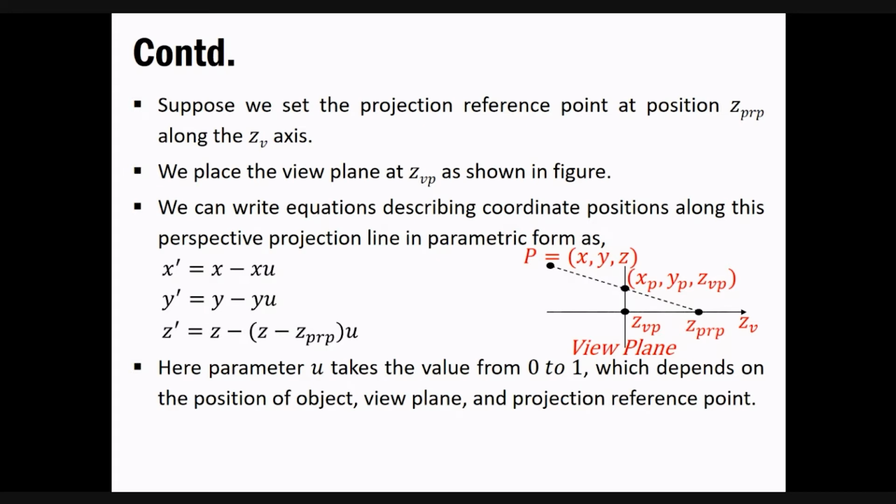As I said, whenever we did this practical based on some simple concept using Bar 3D, at that time I said that we don't have this much information with us, or we are not able to do this in graphics.h functions. That's why we were just trying to create some simple illusion instead of doing this totally according to the concept. We don't have this many things in the graphics library. But now if we are taking this into consideration, then we need this information: position of the object, view plane, and projection reference point.